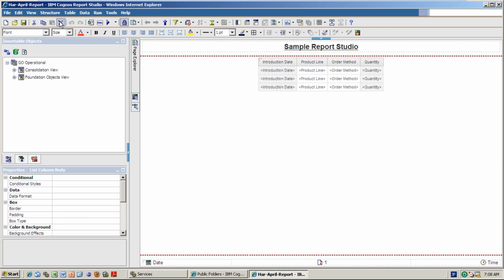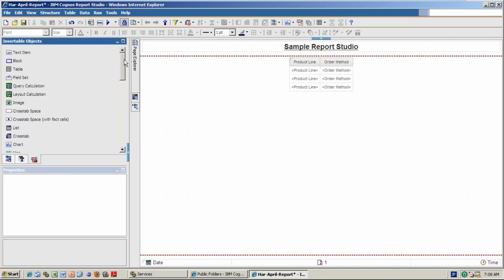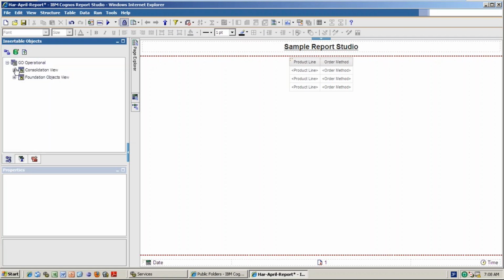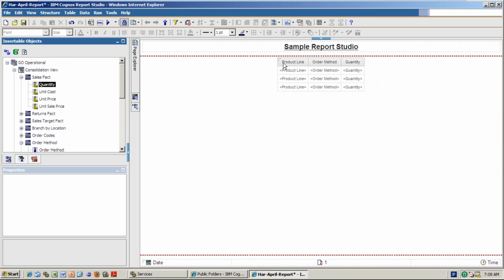So just go ahead and, introduction data I'm deleting. Say for example, order method, product order method, and a quantity. So go ahead and select the quantity. Right, but for the same thing I want to see one chart also, whatever the product line here, according to that I want to see a chart also in one of the columns.